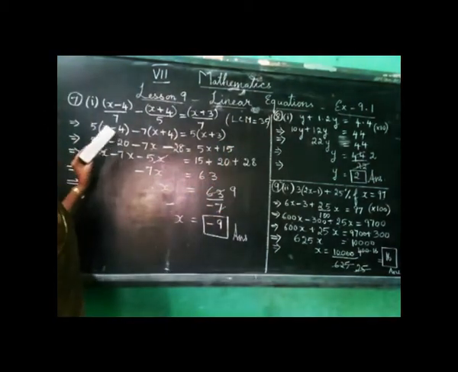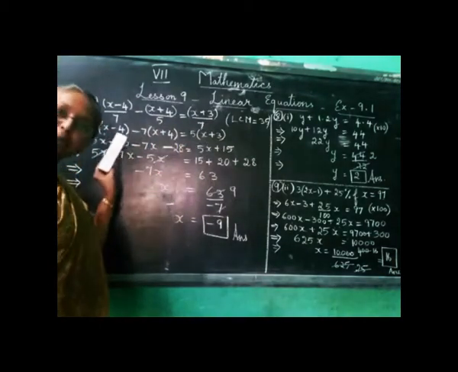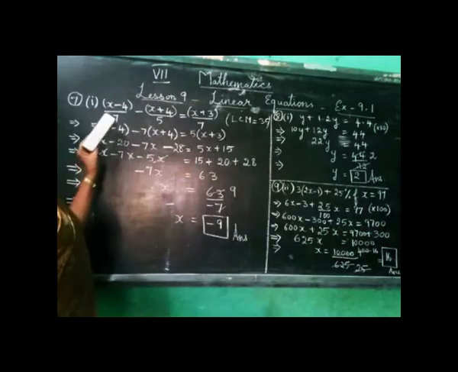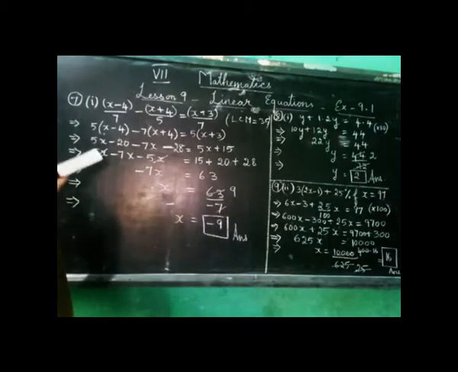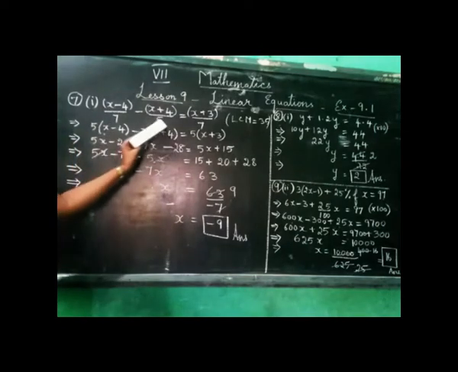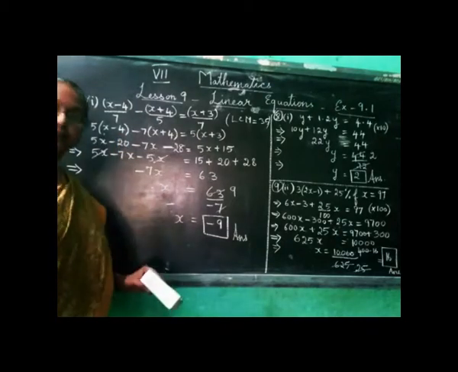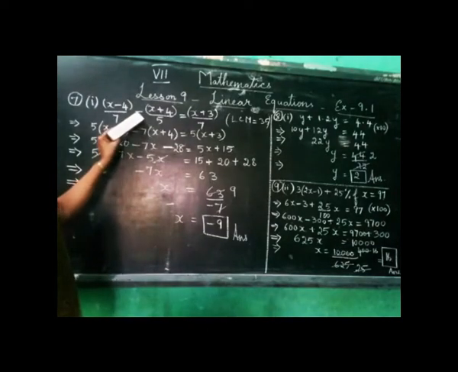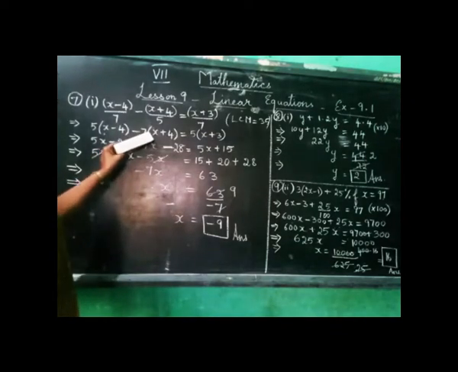Now we have to multiply each term by 35. By the LCM we have to multiply every term, both the left hand side and the right hand side of the equation. Now when we multiply the first term with 35, 7 and 35 we can cut, it becomes 5. So 5 in the numerator. So 5 multiplied with x minus 4. Here when we multiply 35 with this term, 5 and 35 we can cut, it goes 7 times. So 7 into x plus 4. Because the minus sign is there, we have put minus attached to 7. I think it should be clear.